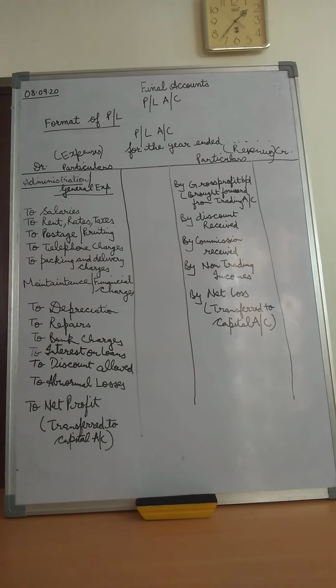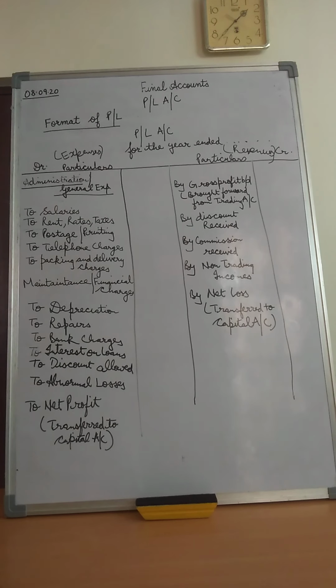This includes, children, carriage outward. Always remember, when it is mentioned carriage outward, that would be part of the P&L account. And when it is mentioned only carriage, we deem it to be carriage inward. In the end, you will write a short note that carriage has been deemed to be carriage inwards, which is part of the trading account. Then it would not go into the P&L account.